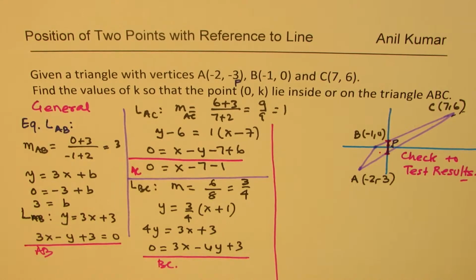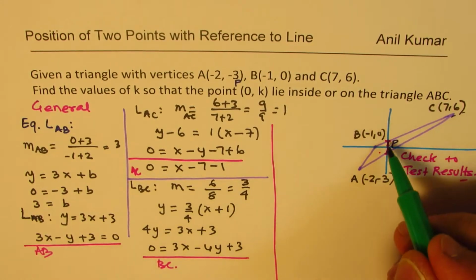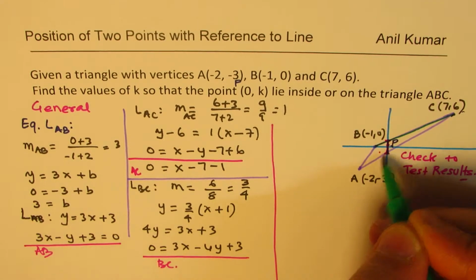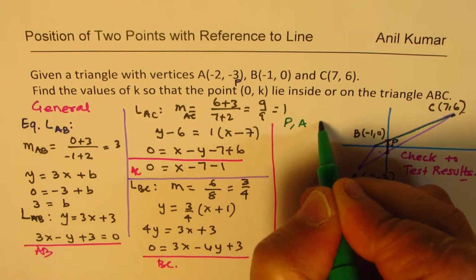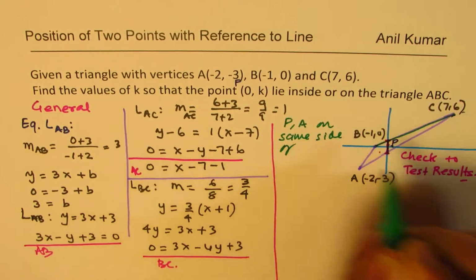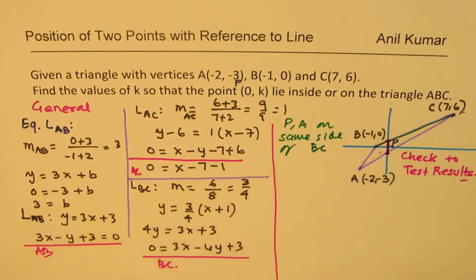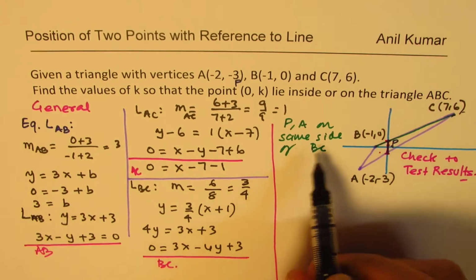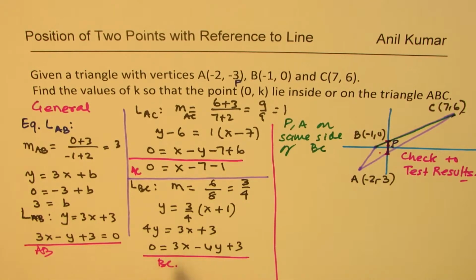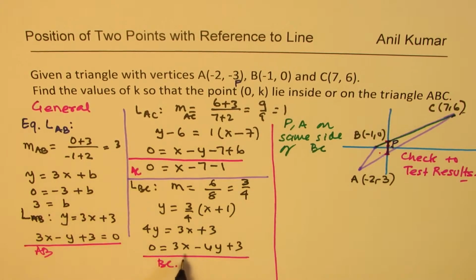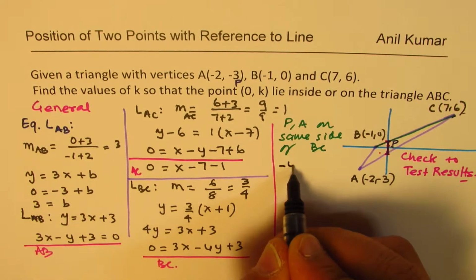So we'll consider point P to be on the same side of BC, for example, right? So we'll say P and A on the same side of line BC, okay? So in that case, what is the condition? That means if it is on the same side of BC, then this is our line BC. We'll plug in the point value, which is (0, k), right? Point is (0, k). So if I write 0 for x and k for y, I get minus 4k